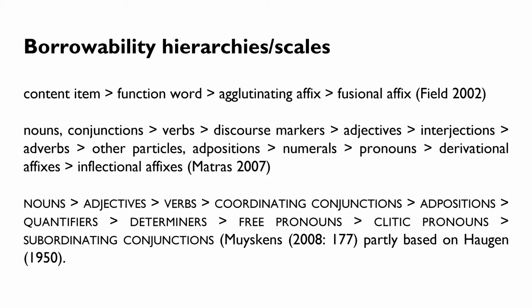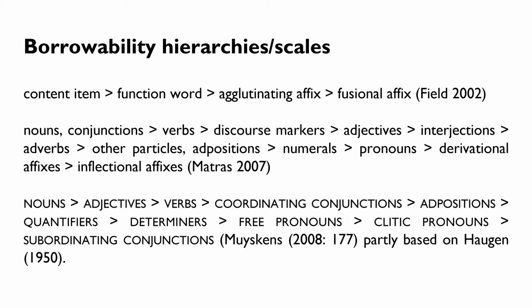The things that are left are more prone to borrowing. Right, so this is the basic idea, that they're more prone to be borrowed, but what does that also mean? And how would that play out, and how would we know? So it's been pointed out that these have very different readings. One is quantitative, right? When you say more prone, it might be that we just find more nouns being borrowed than pronouns, right? And that's not a trivial observation if it's true, which it is. Temporal readings, right? In a given language contact situation, we would expect nouns to be borrowed before pronouns, right? So this is a claim about history.